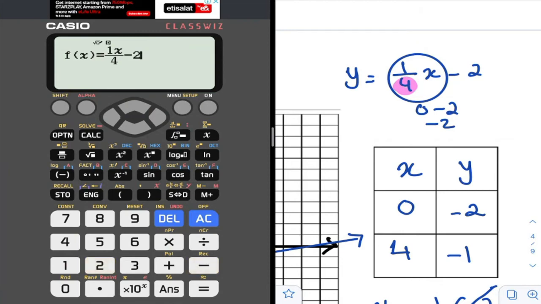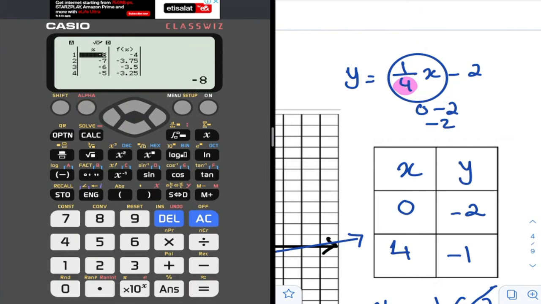After you write it, you press equal. Now, we don't want g of x. We will skip it. And I will start my table from minus 8, ending at 8. I will put equal, I will put ending 8, then I press equal. Let the step be 1. 1 means the values are increasing by 1 each time. And then this is generated. All these values have been generated.